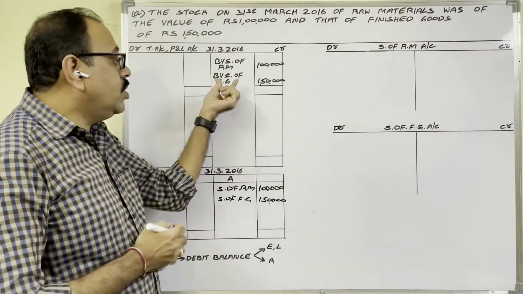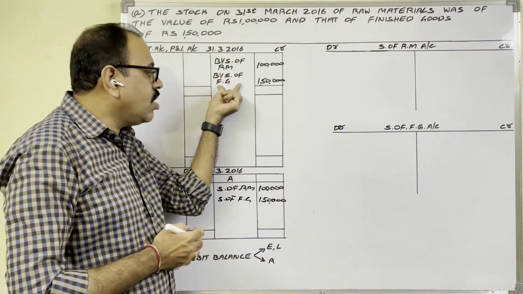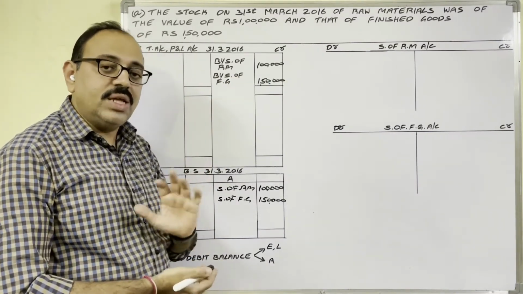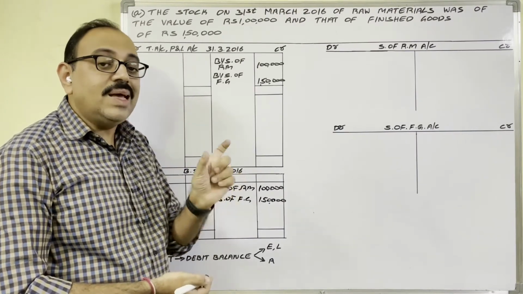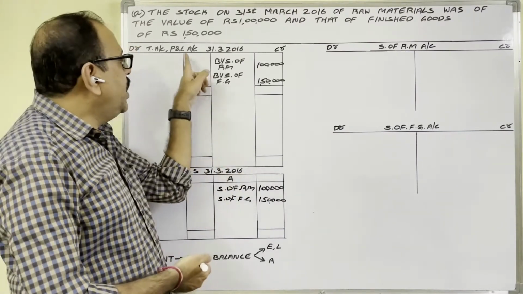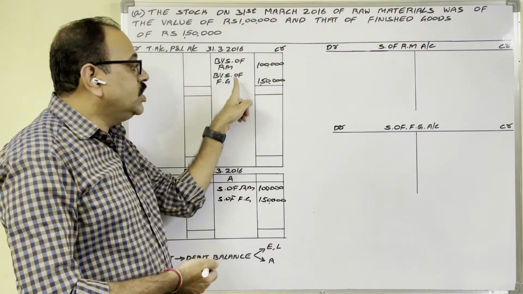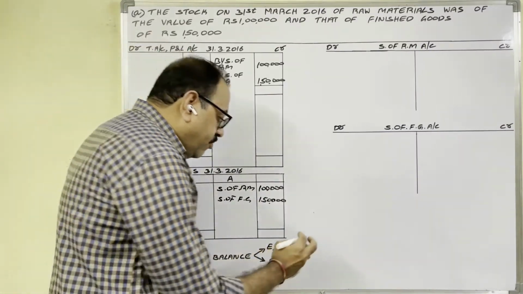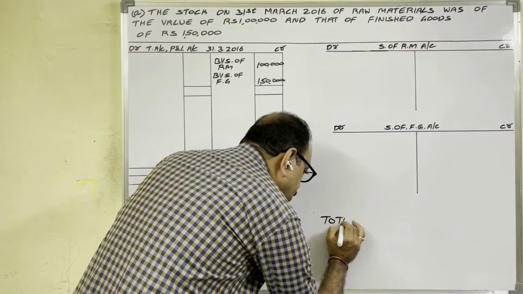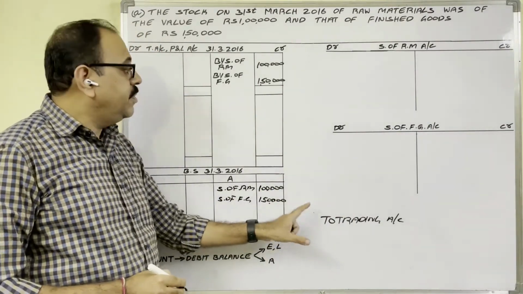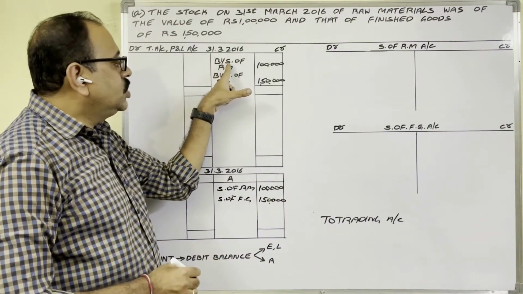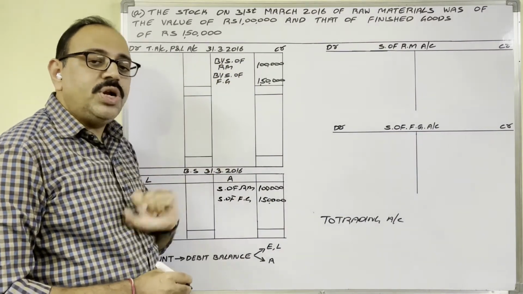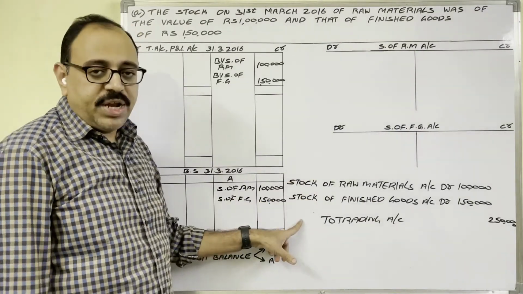So if we want to credit stock of raw material and stock of finished goods to the trading account, what should be the journal entry? We should think about that. That entry is known as an adjustment entry. In the trading account credit side we want to post these two. Then while writing the adjustment entry, we should credit the trading account. And which accounts should we debit? In the particulars column we wrote stock of raw material and stock of finished goods. These two accounts we should debit. So this is the final adjustment entry.